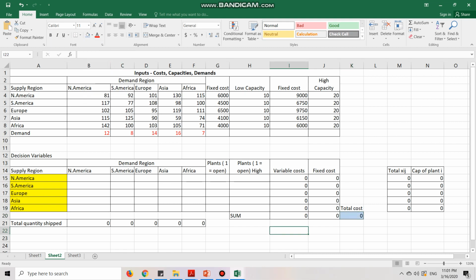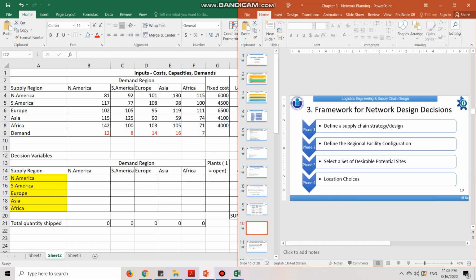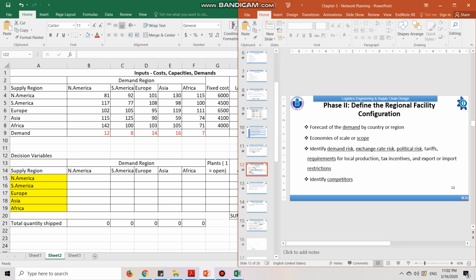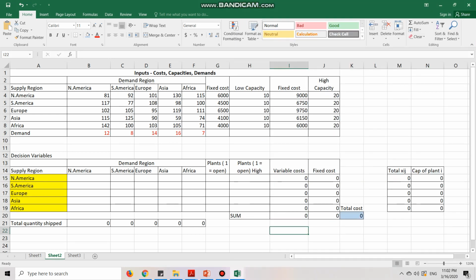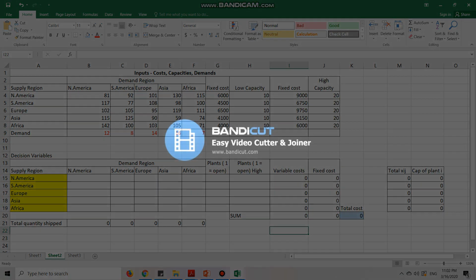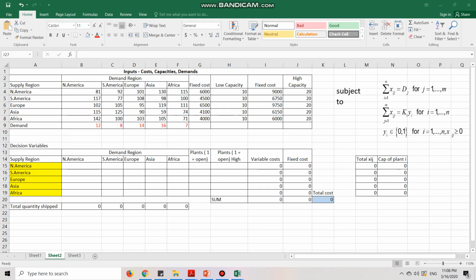And the second constraint is, maybe let me show you so that you can remember. Okay, here. So let's see, the first constraint is the total quantity of products shipped from the plant I to the market J